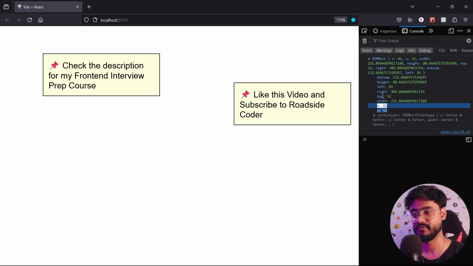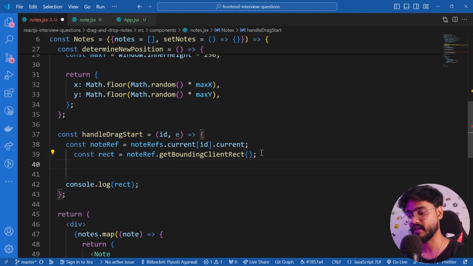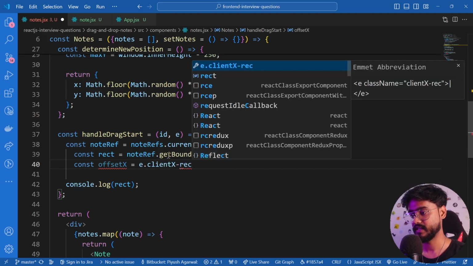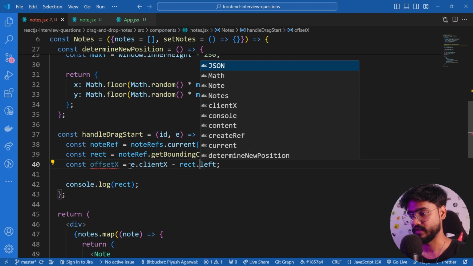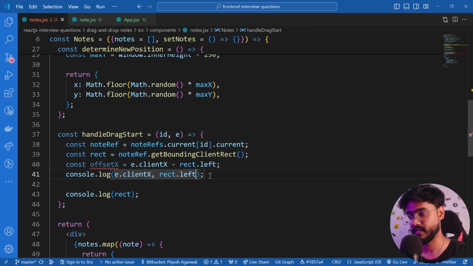So you can see X, Y, top, width, height, everything. And what we are concerned about over here is the offset X and offset Y. And how will we calculate that? So I'll say const offsetX equals e.clientX minus rect.left, what we've got over here. So if I just copy both of these and I'll say console.log and see,